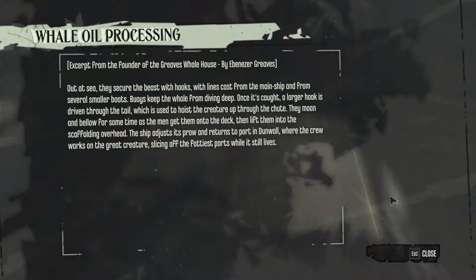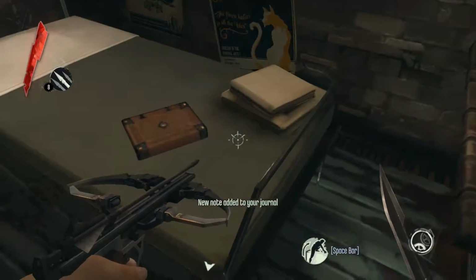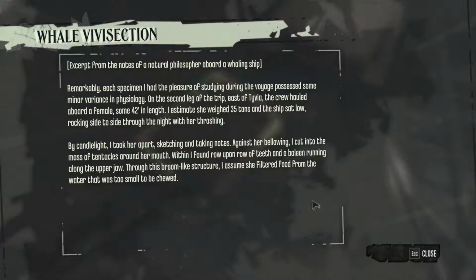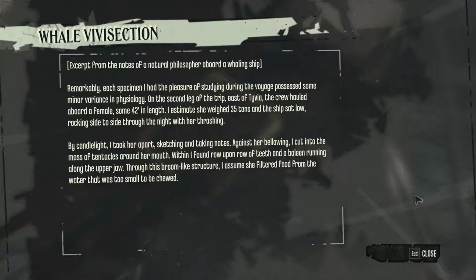Jesus! That's not how real whale hunting is done, is it? I know it's legal now, but it's not how it was really done back in the day. My god. Whale vivisection. What the hell's a vivisection? I can't remember. Anyways,